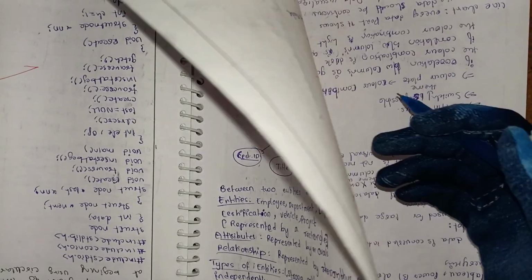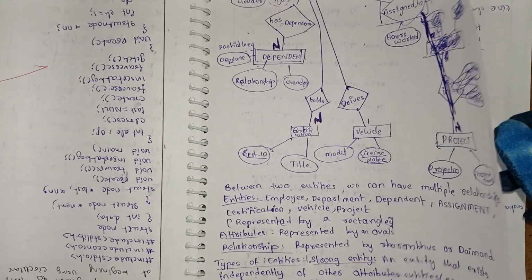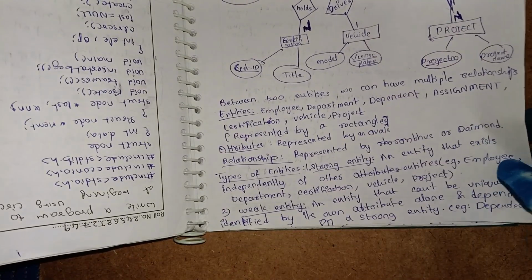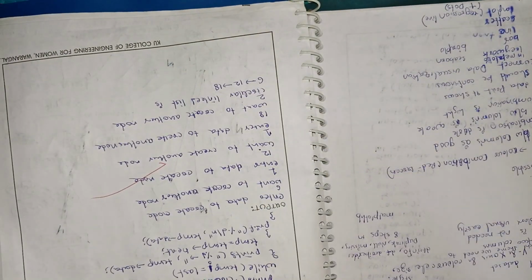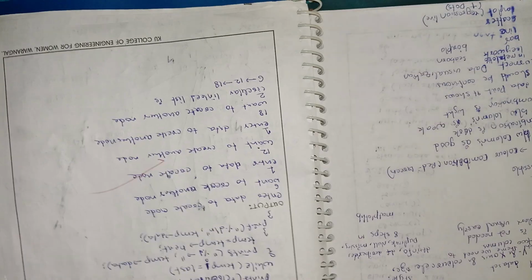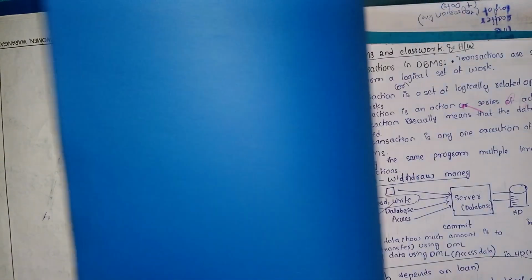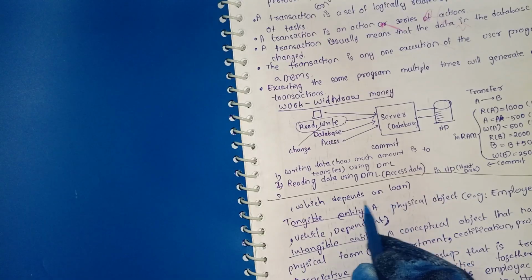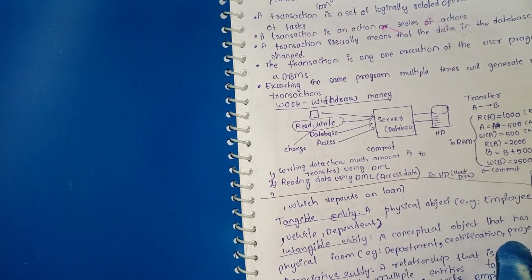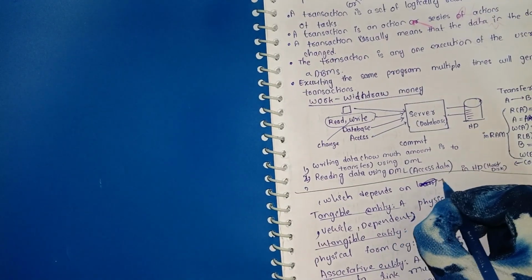And here dependent, which is a loan, which depends on loan, which depends on employee. Okay,